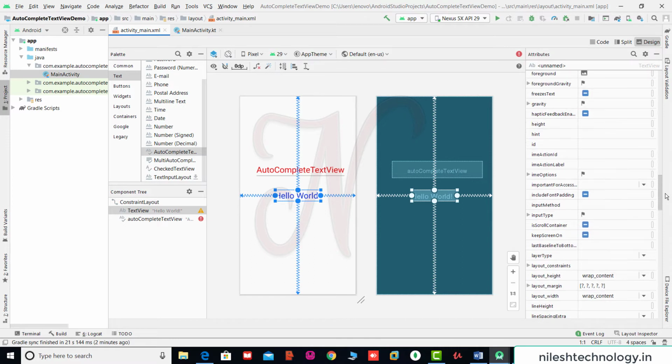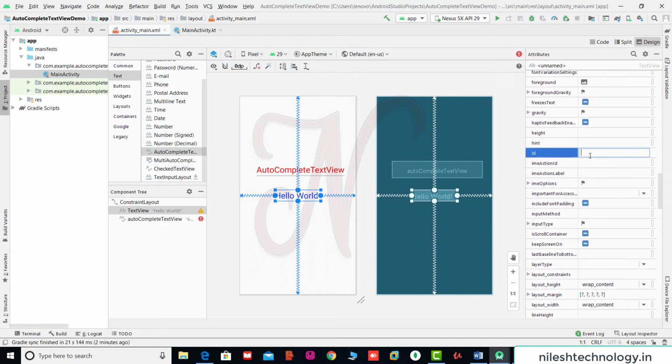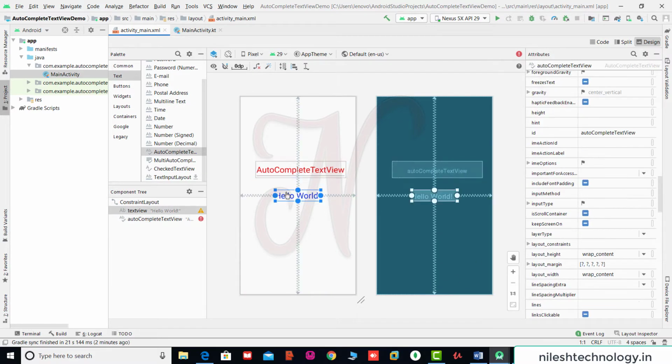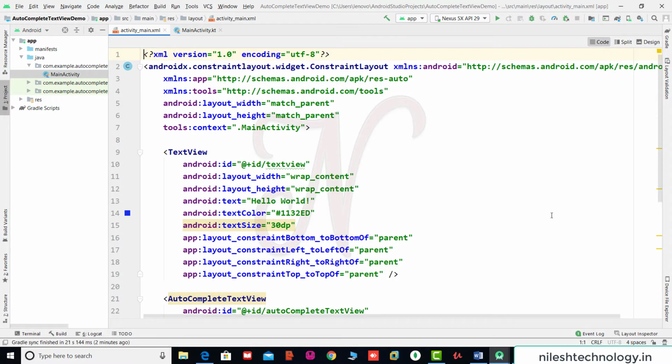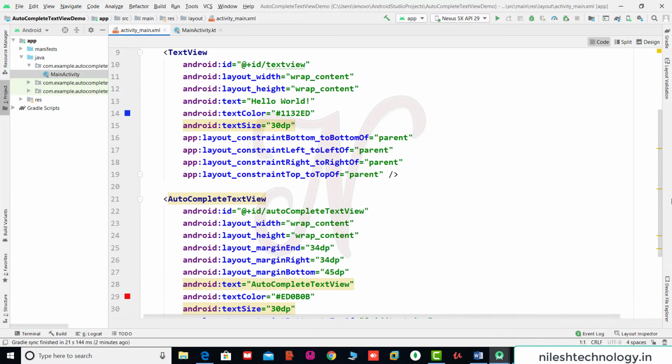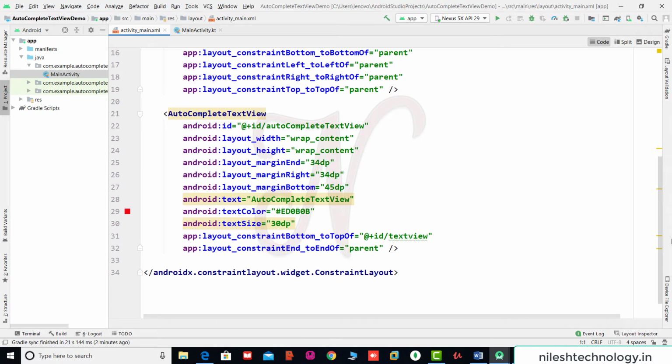The ID of this text view is txt. So these are the two components. Here we click infer constraints, so these two components are adjusted. See here in the code section, this is the text view and this is the autocomplete text view.